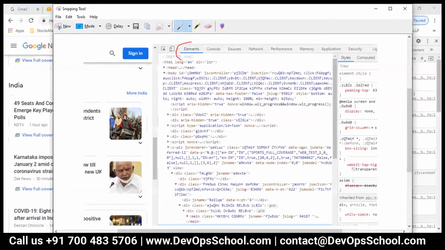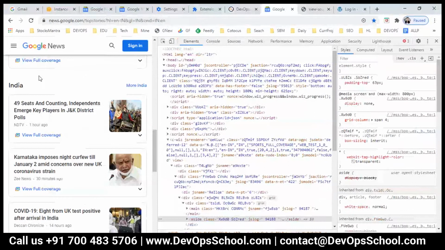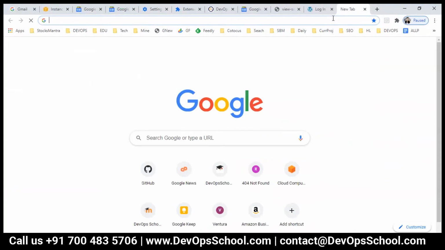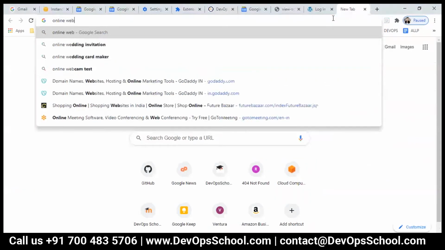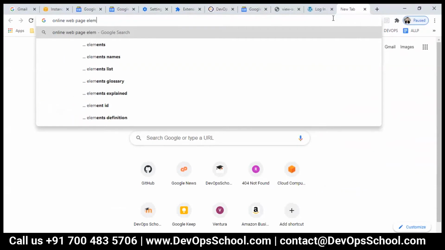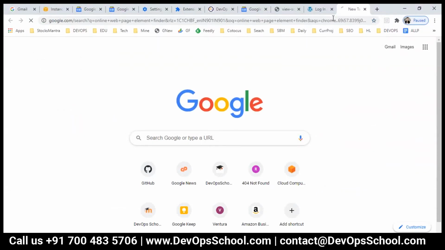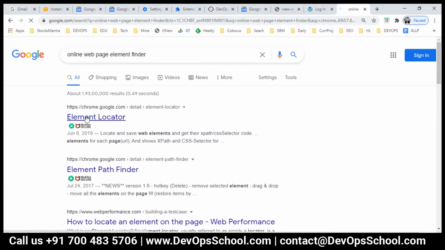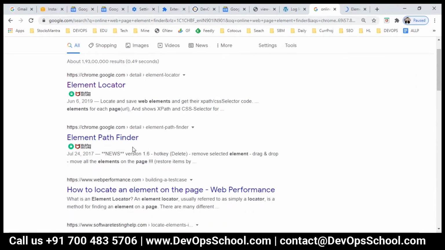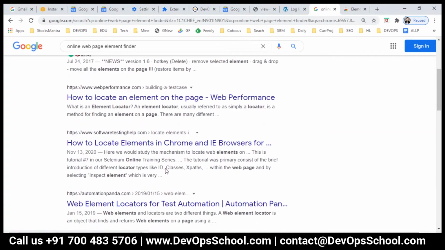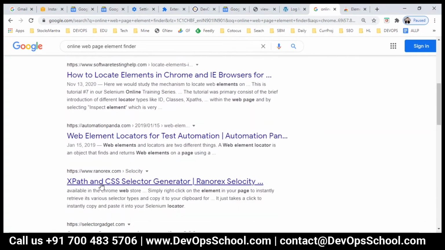By the way, there are many tools also available which can fetch the elements of your code. Let's say an online web page element finder. See, Element Locator. This is done by Google itself, by the way. And here also you can use this one.